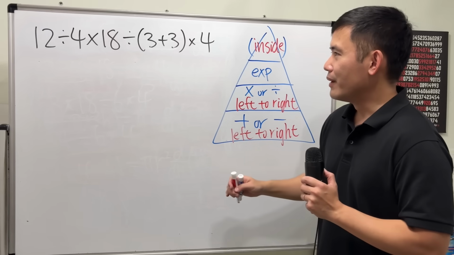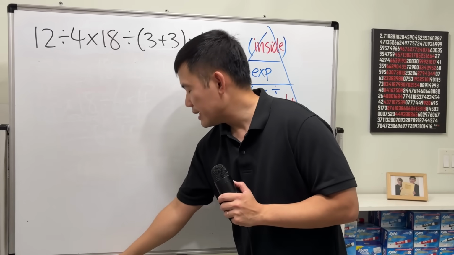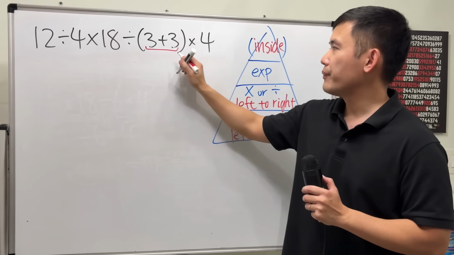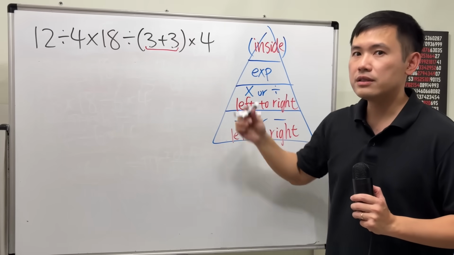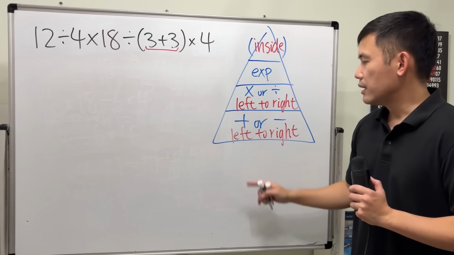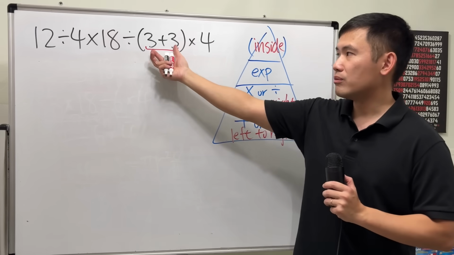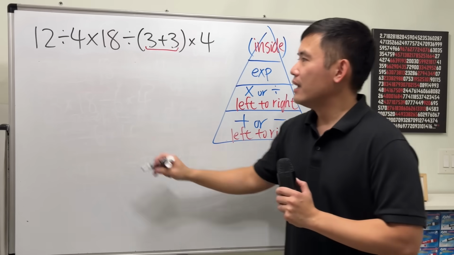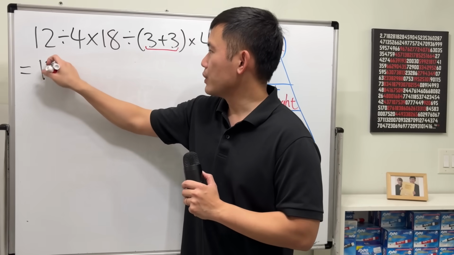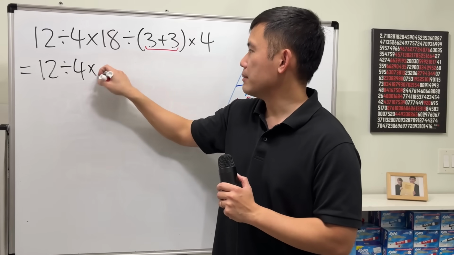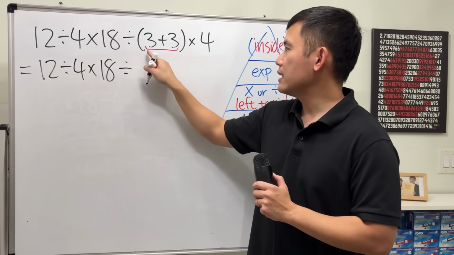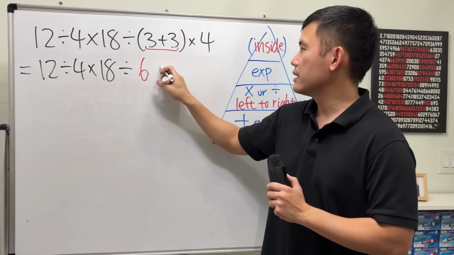So now, here we go. Looking at this right here, we see that we have 3 plus 3. That's inside of the parentheses, so we have to do it first. I know addition, but it's inside, so we do that first. That means the rest stays the same. So we have 12 divided by 4 times 18 divided by, this right here is just 6, and then multiplied